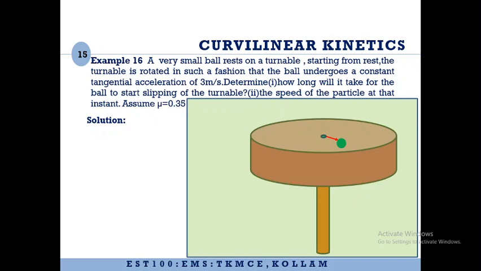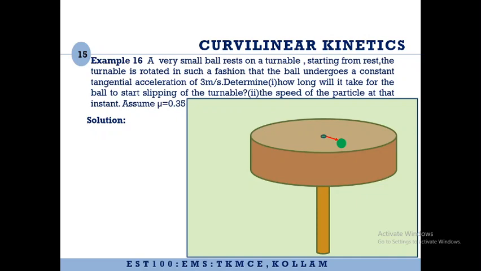So the difference in this particular problem is, in all the previous problems that we considered, the particle or the body was undergoing only uniform circular motion, and there was no tangential acceleration. Therefore the inertial force was fully the centripetal force or the centrifugal force. However, in this particular problem, you have tangential acceleration also. Therefore, here when you consider the inertial force, it has to be equal to mass into net acceleration, where net acceleration will be the resultant of both the tangential acceleration and the normal acceleration.